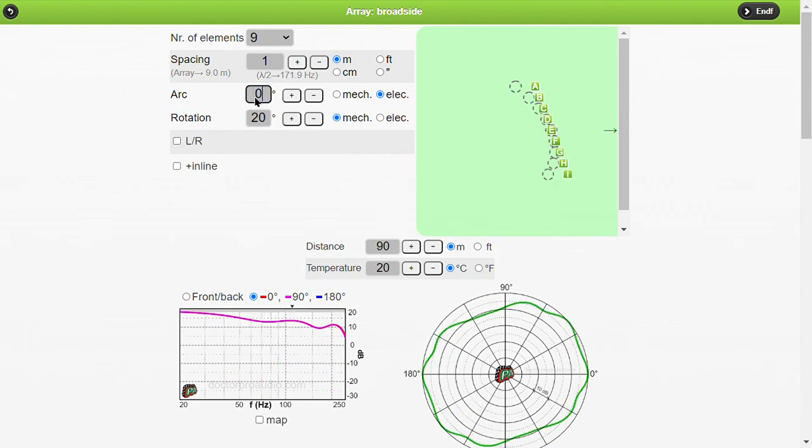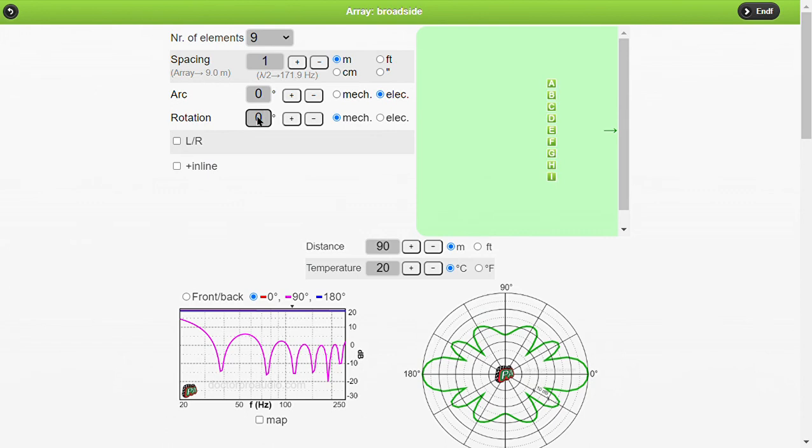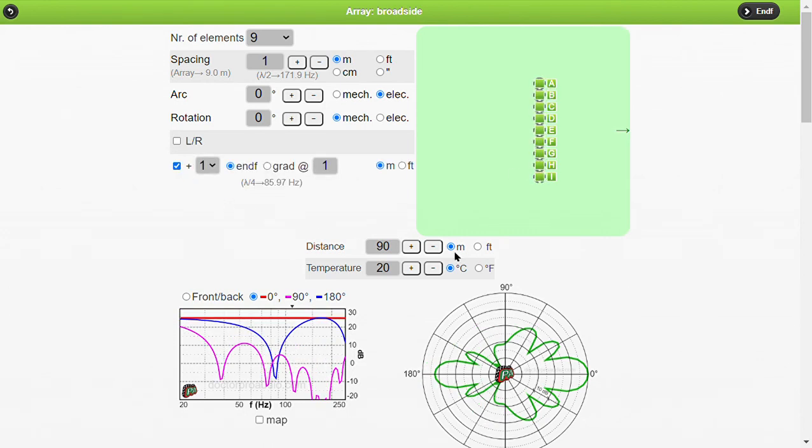Okay, so let's zero the arc and the rotation, and let's now look at inline, which, like we mentioned before, we'll use to add directivity here in the back. Basically, we can add lines of endfires.